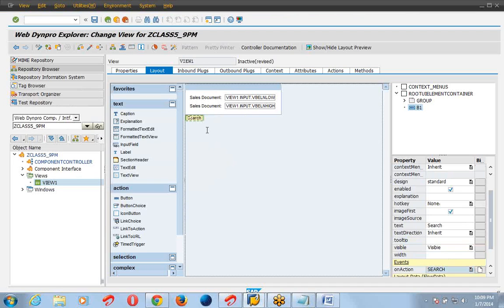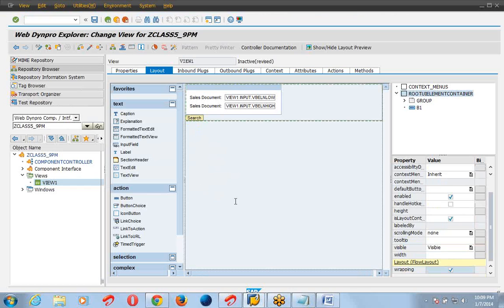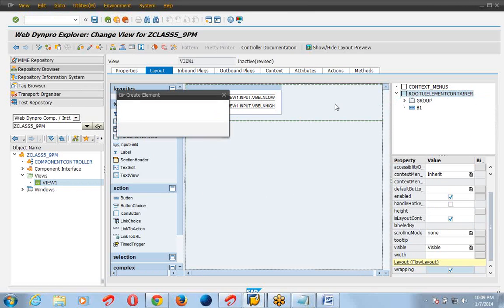Now after creating the button, I want to display the table, header data table. So I will create a table.